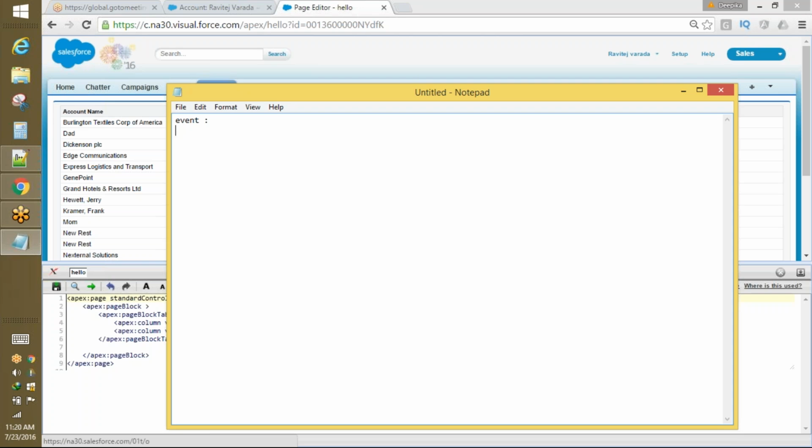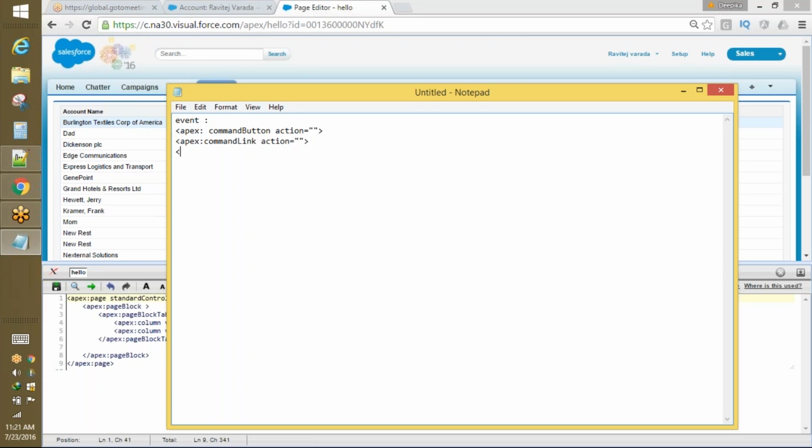Let's say you have created a button, so you can say apex commandButton. What this particular tag does is create a button for you. Now what action you want to take, you can define using this attribute, and there are different actions that you can take. So I'm creating a button by using this tag called apex commandButton. If you wanted to create a link here, you can do it by using commandLink, so it will create a hyperlink for you. And when the user clicks on it, what you want to do, you can define in the action attribute